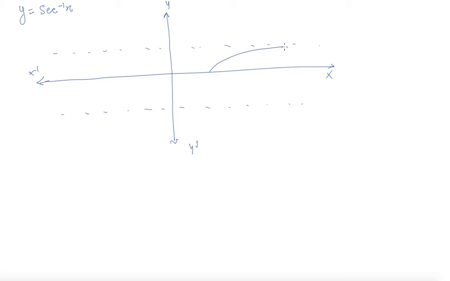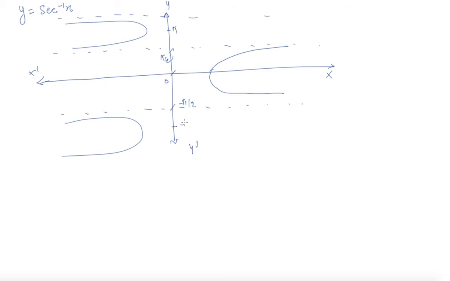Okay, so this is like this, and here what you will get is, and here also. So these points are 0, pi by 2, pi, minus pi by 2, minus pi. Okay, so this is the plot of y is equals to secant inverse x, and the principal value branch